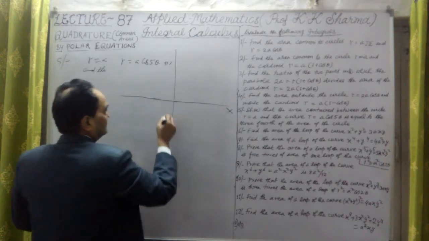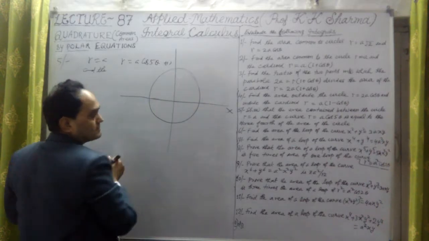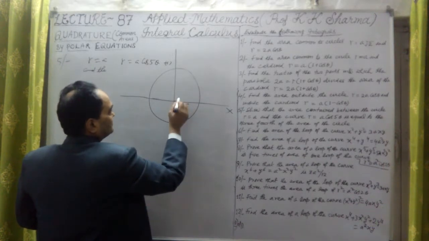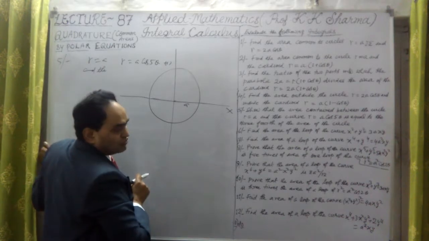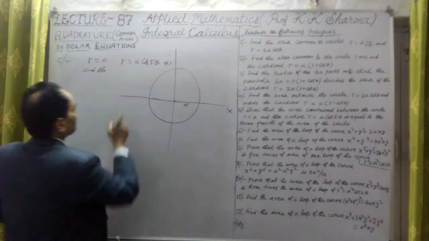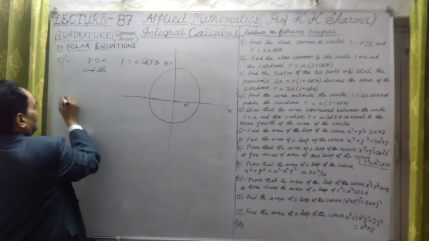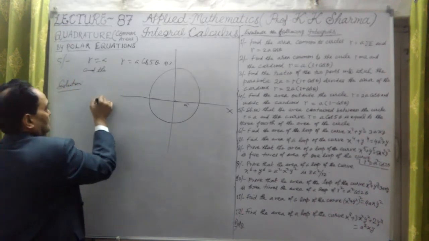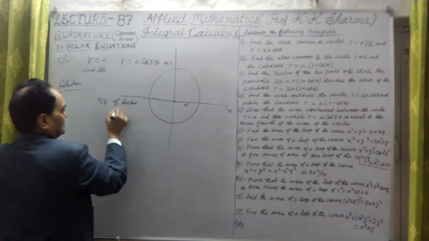This is x. Let me take the circle now, having a radius a. Okay, the radius is this a. Now it says that there are here 5, because this is an odd number. First we have to find out how many loops there are. Solving the solution we are finding out. So the number of loops of